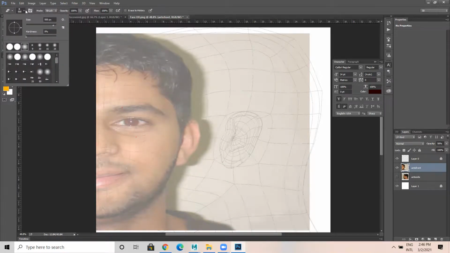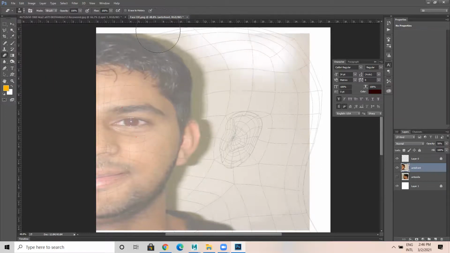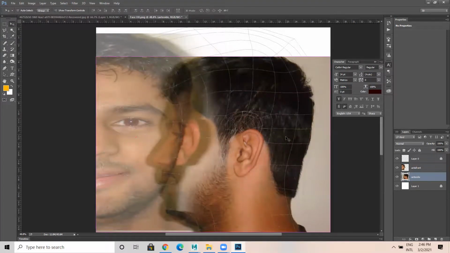Eraser is a soft eraser I'll take. Okay. Now I'll turn on this one. Okay, I'm extending this. I need to match this one.